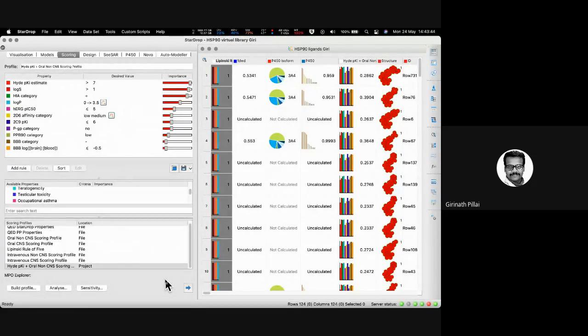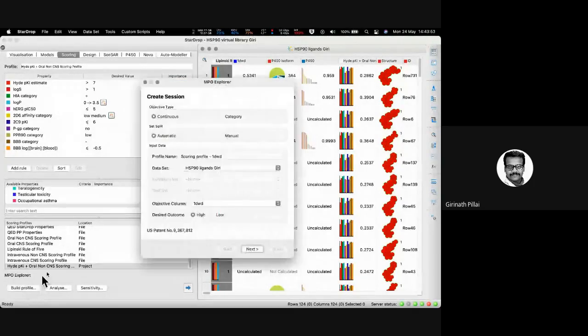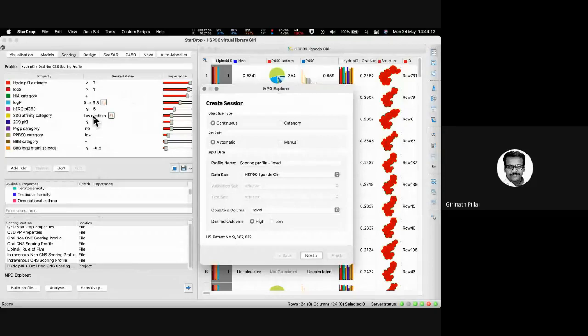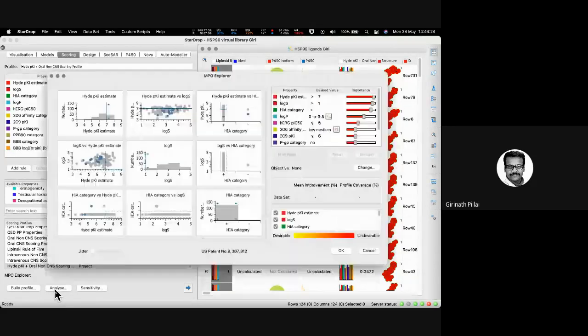Now imagine you are saying, sir, I'm not an expert to do all these things. I don't have patience to read the papers. What you can do then is build a profile. The software itself will be able to generate the optimum desired value as well as the importance level, again based upon machine learning approaches. So here we use machine learning approaches to identify the key properties, including experimental as well as predicted, to choose the right one with the probable desired value and importance. That could also be done. But if you don't want to, you can do it manually.